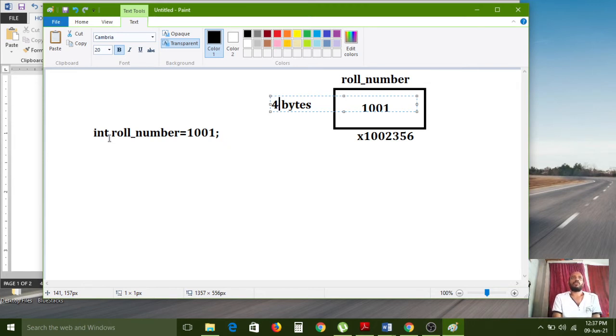Instead of 1001, if you want to store ABC, the roll number cannot accept it because the data type is int. It will show an error. That is the advantage of data types.